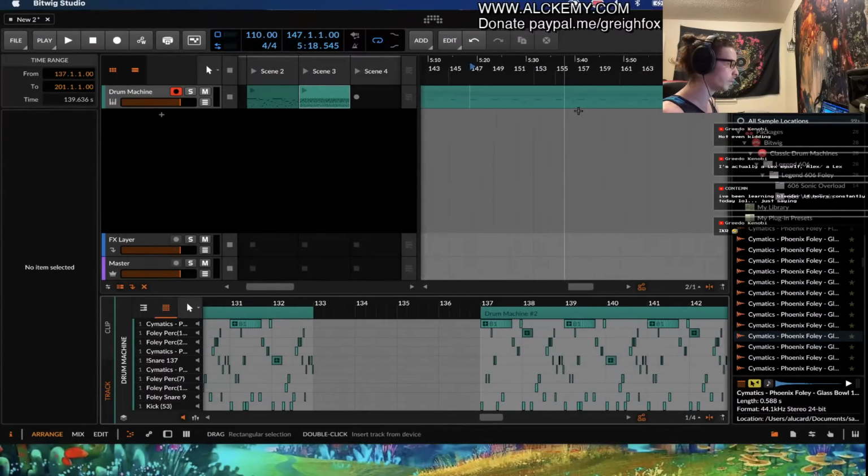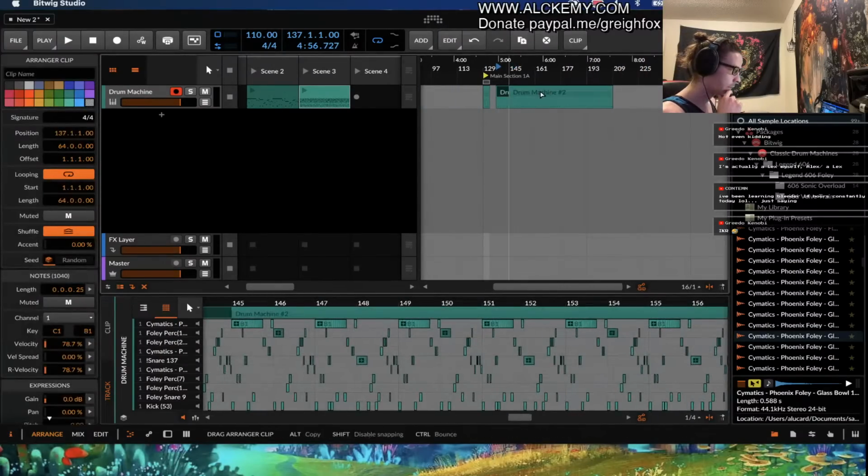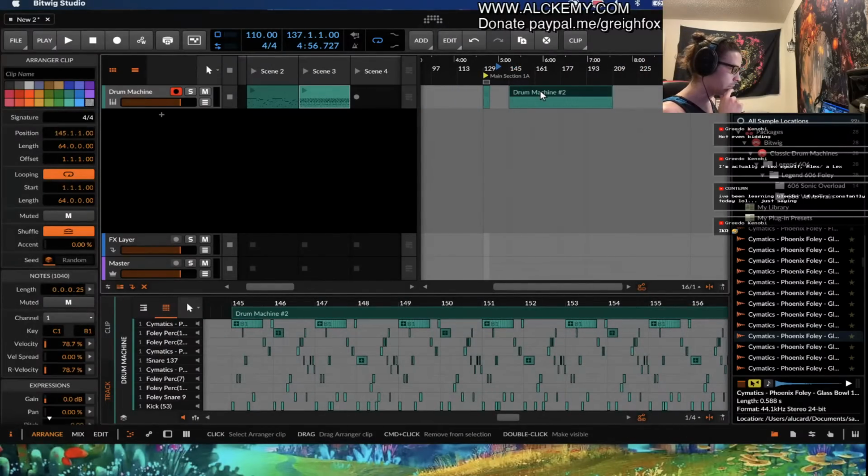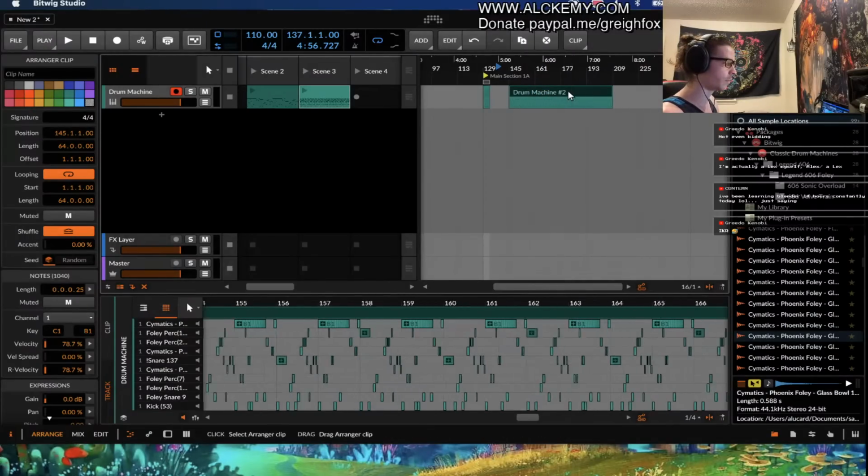So now we pretty much just made a 16-bar variation of this, and it's going to play the same every time now. I'm not sure if preserve chance is supposed to be on or off, but working with that, we can pretty much have